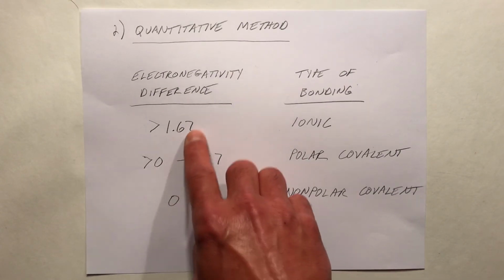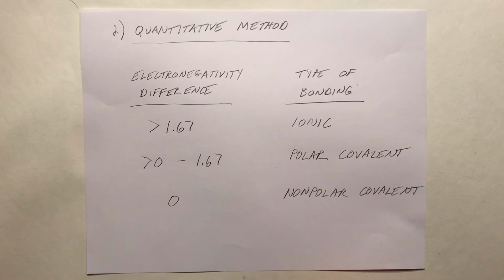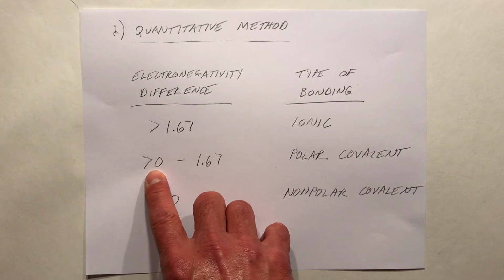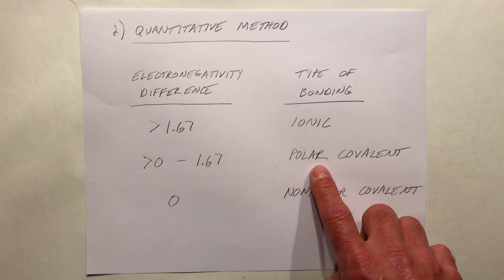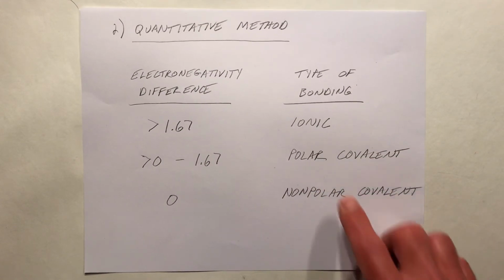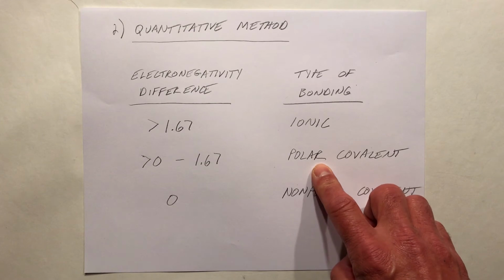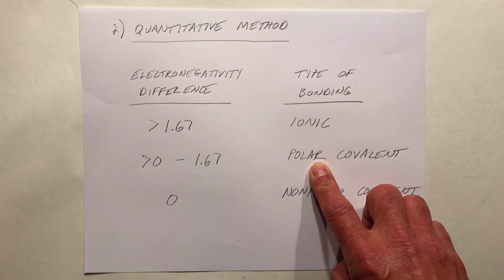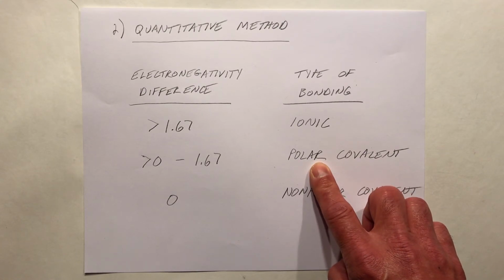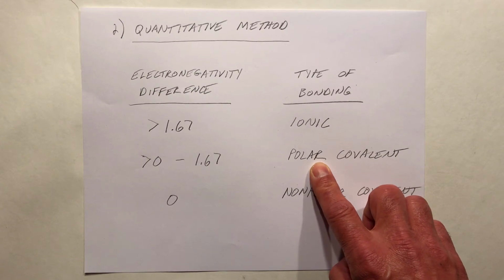Now you might see numbers that are slightly different than that in different sources, but we can stick with that one. Now if you have a difference that's greater than 0, so there's some difference in the electronegativities, but less than 1.67, we could say that we're going to find a polar covalent bond forms. Polar covalent is a bond where there are electrons that are being shared unequally. So we get one end of the molecule that's slightly negative, we call that the negative dipole, and one end of the molecule that's slightly positive, that's the positive dipole. So very much like the north and south poles of a magnet, or the north and south poles on the Earth